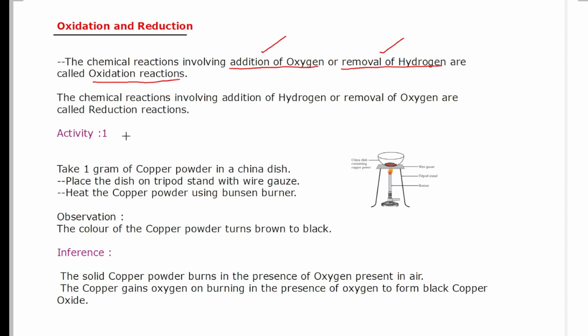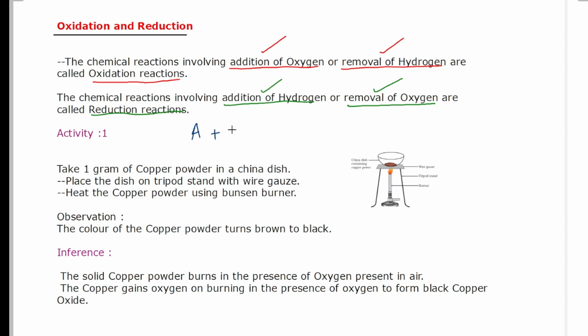How do we define it? The chemical reactions involving addition of hydrogen or removal of oxygen are termed reduction reactions. Here also you have to keep in mind both the points. Either there is addition of hydrogen or removal of oxygen in a reaction, then we call such reactions reduction reactions. For example, if I write here,